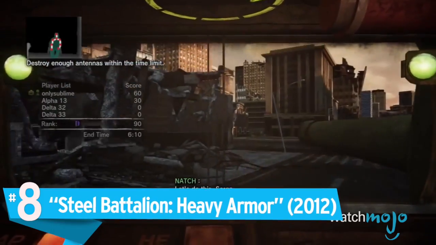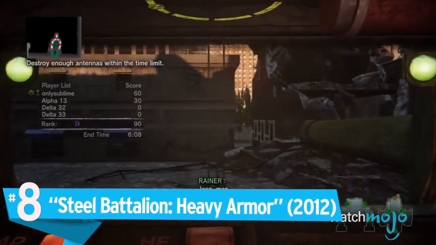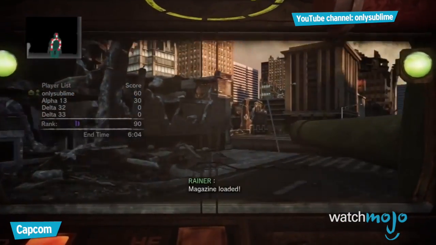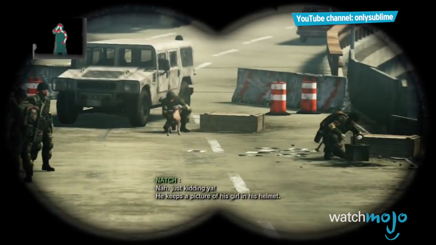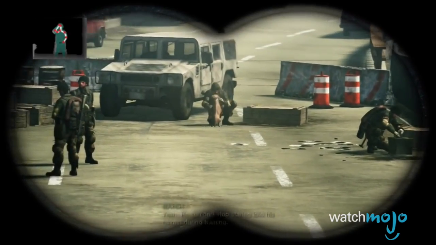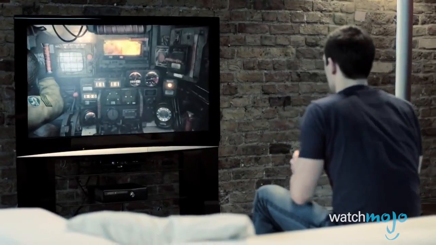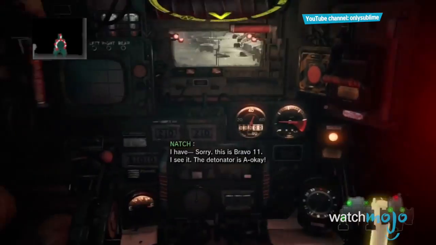Number 8, Steel Battalion, Heavy Armor. Giant mechs usually make everything better. Regrettably, this was not the case for Steel Battalion Heavy Armor. After the first Steel Battalion failed to impress thanks to its unfair difficulty and ridiculously over-elaborate controller, Capcom decided to